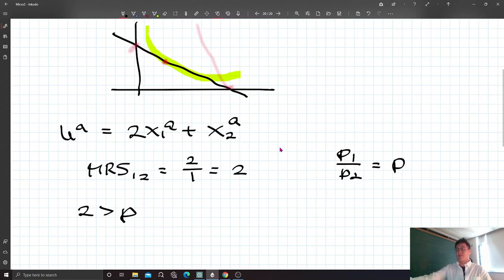So with 2 units of good 2, consumer 1 is willing to give up 1 unit of good 1. That is MRS. And relative price is an objective exchange ratio in the market. So if MRS is higher than P, then consumer 1 is willing to purchase good 1. So X1A is going to be